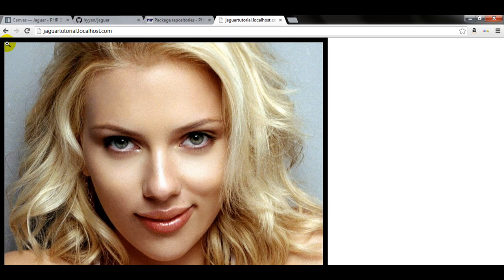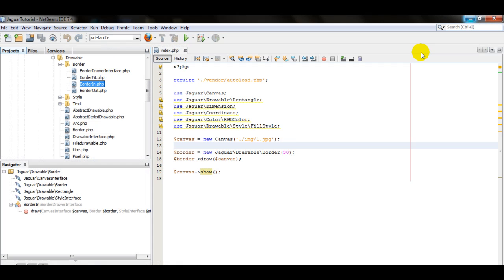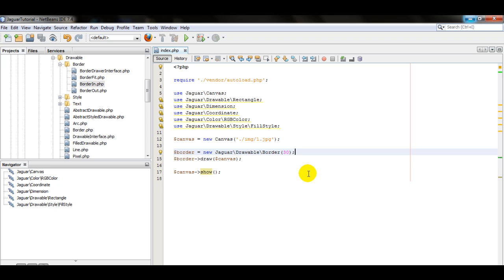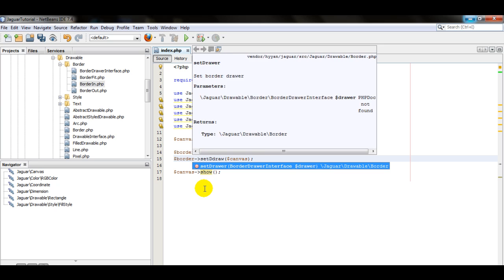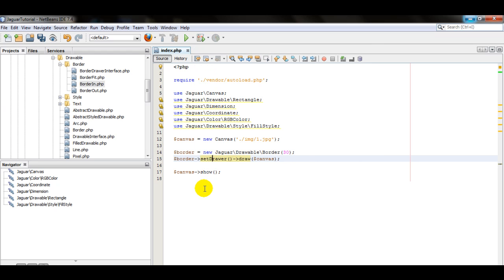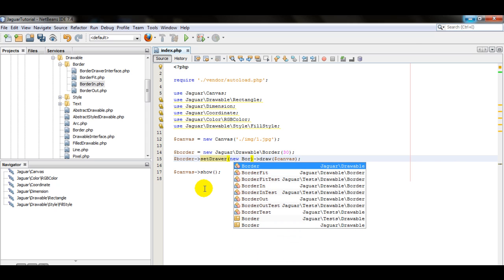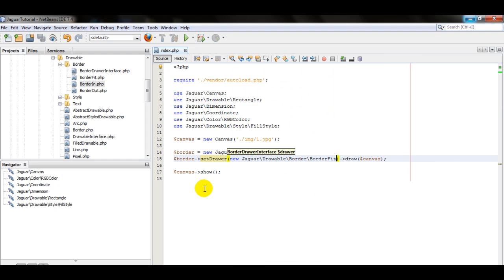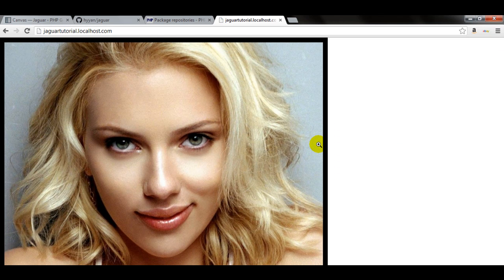Border out will draw the border outside of the image file or the canvas, and there will be a change in the canvas size. Well, let's try to use another border drawer here. Let's use the border set drawer. Okay. Let's use the border fit, for example. As you can see, of course, the default one is the border in. Well, just go on, resize it. As you can see,